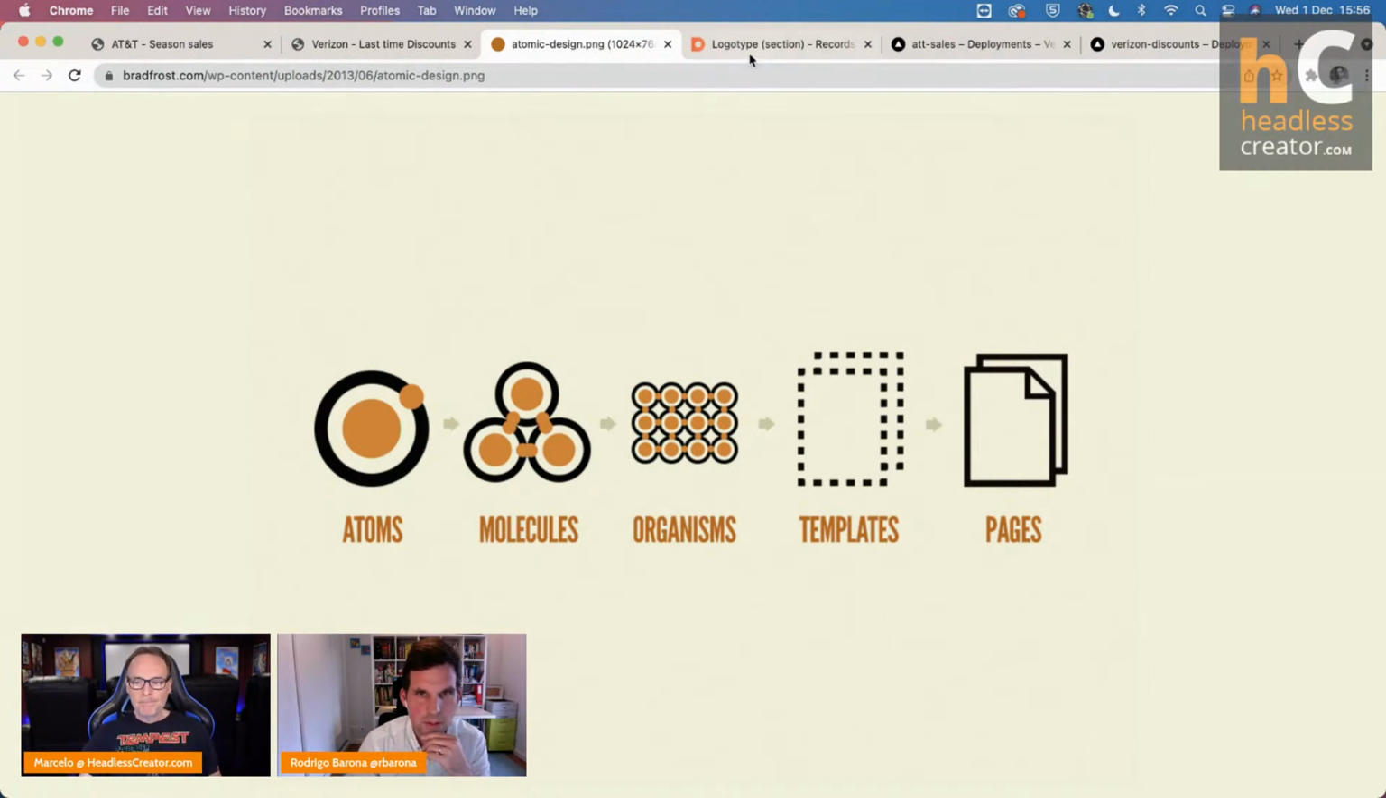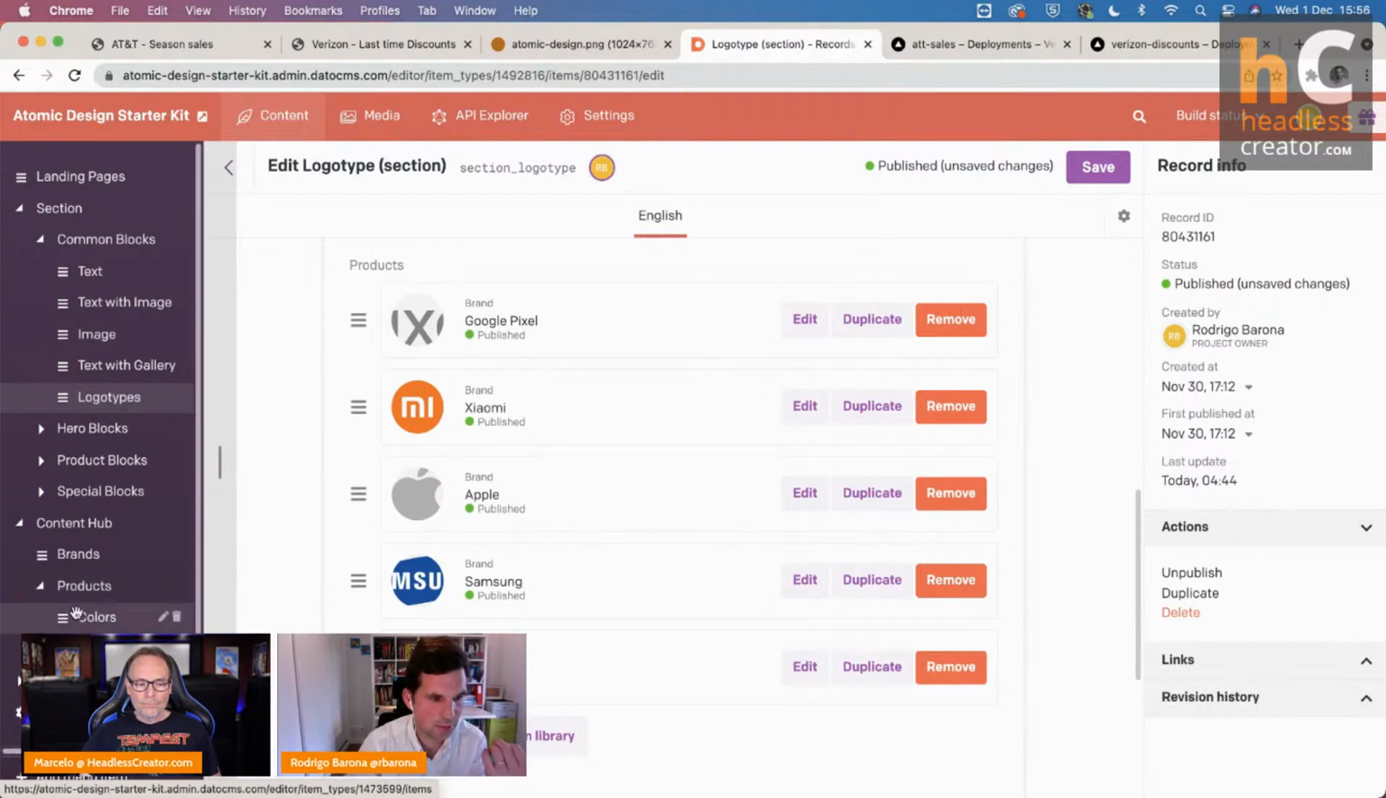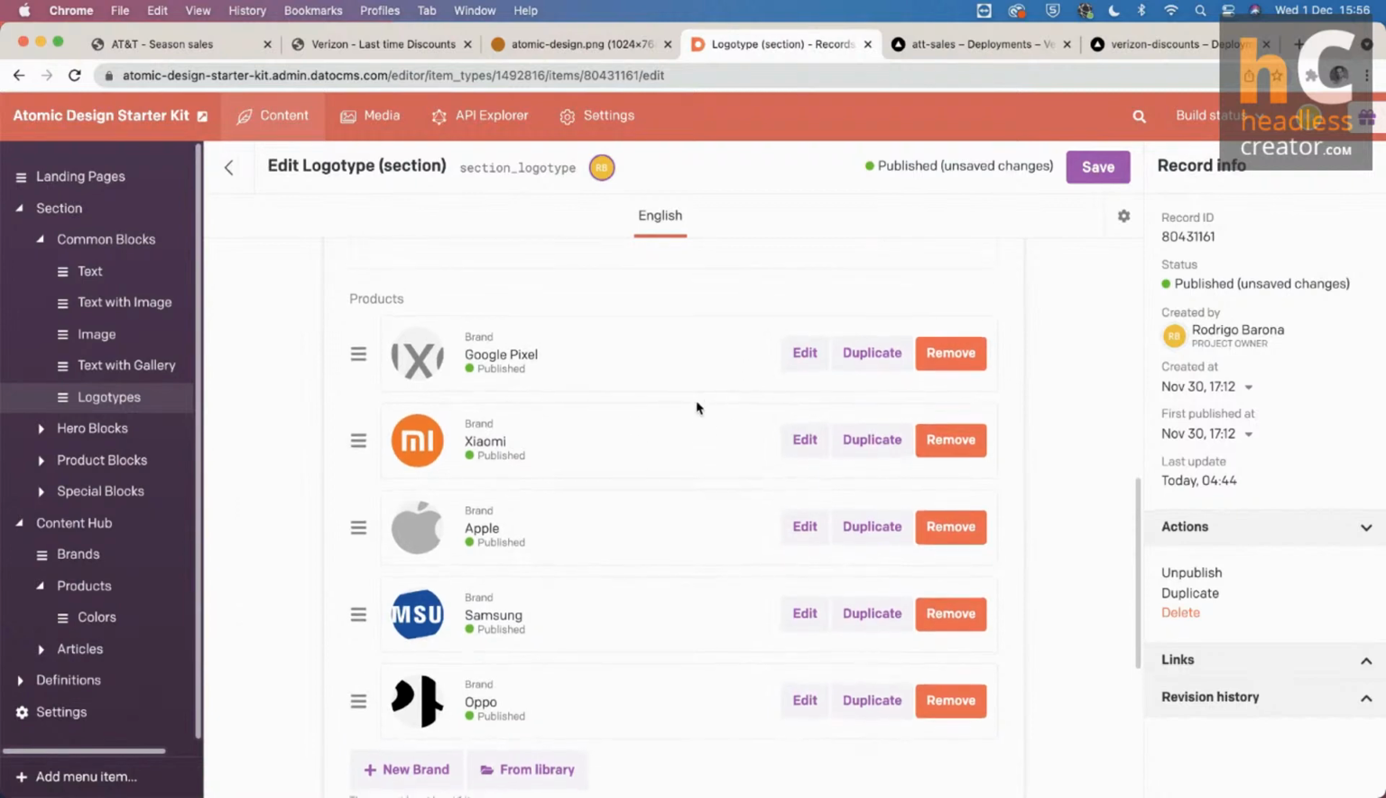Yeah, because some of the Content Hub entries, like products, are so complex that they need to use some other atoms that we have here, for example. Okay. Perfect. And yeah, I can rearrange that. I can edit. And one of the other great things about DatoCMS is I don't